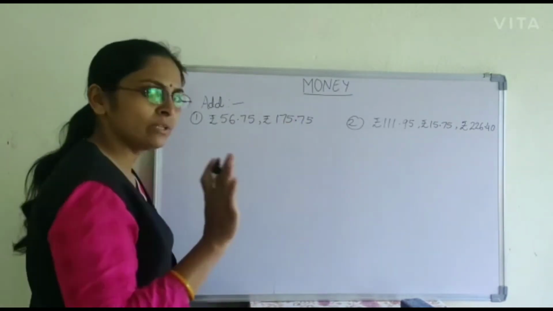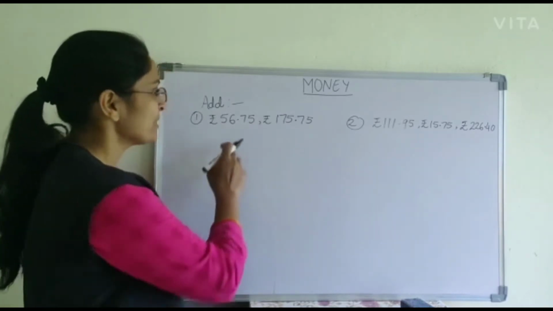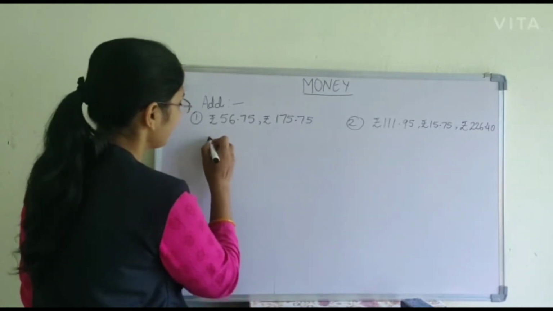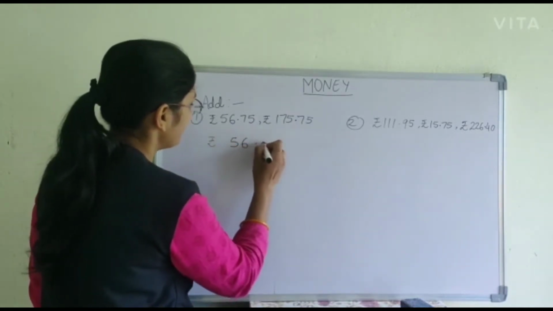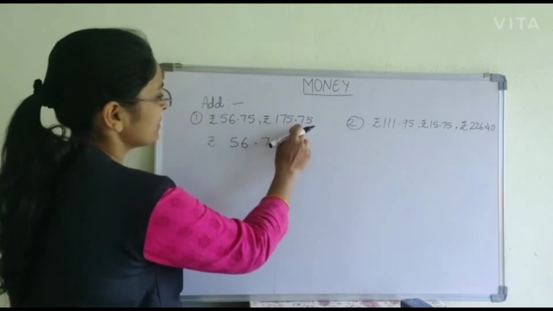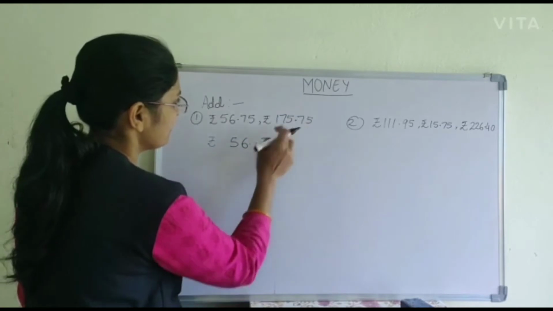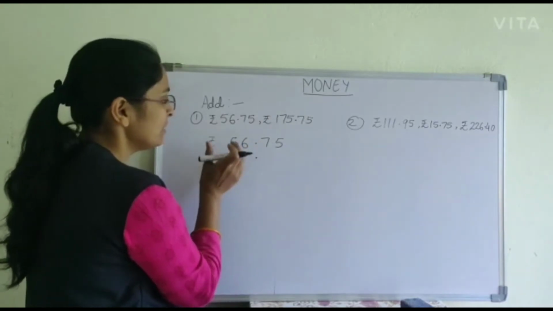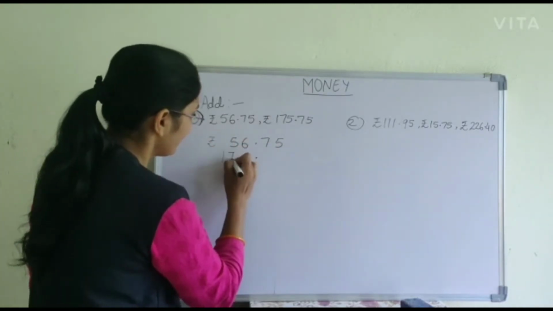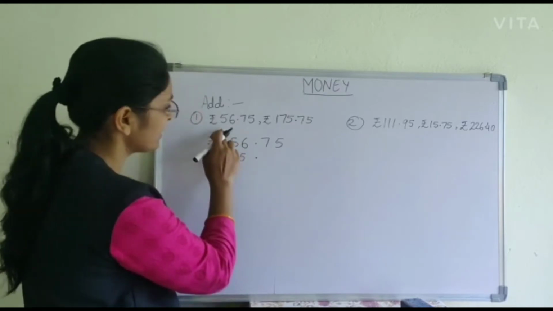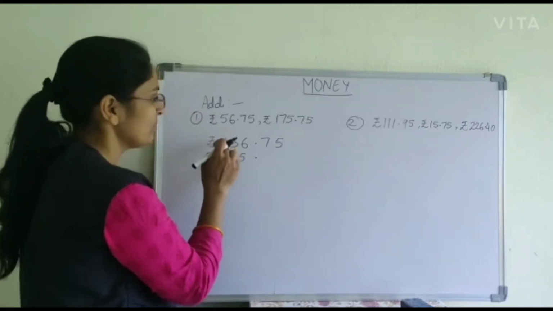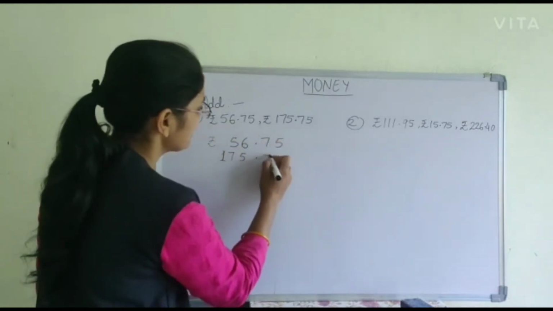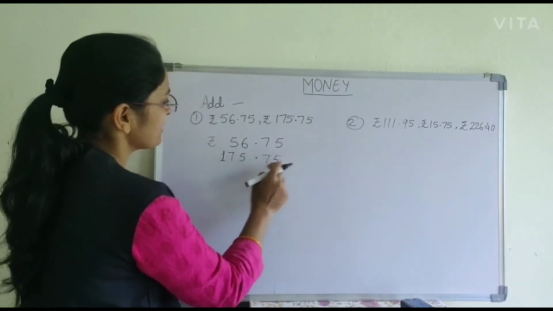How to write it? You already know addition, subtraction, multiplication, division, but here it is a decimal. So we have to write the decimal below the decimal. First I am writing this rupees 56.75. I have to write this number below, but the decimal should come below the decimal. This is a 3-digit number and this is 2 digits, so I have to manage the place. 175: this 1 comes to the 100th place, so here it is empty, that is 0, because 56 is only a 2-digit number and this is 3-digit. And this is 75 after the decimal.